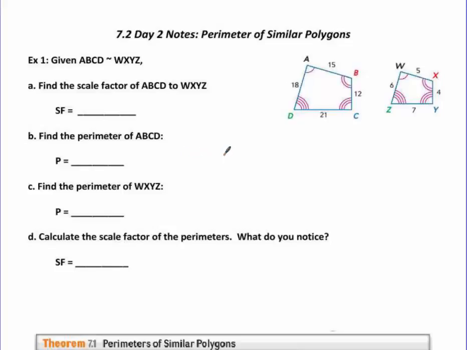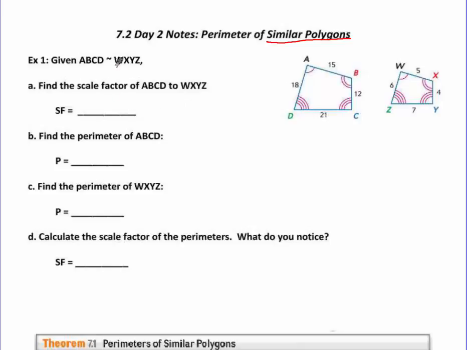Okay, we're going to keep moving with our ratios and proportions, and we're going to keep working with similar polygons. Today we're going to talk specifically about perimeter of similar polygons. So the first thing we're going to do is go through a couple of things and hopefully this will make